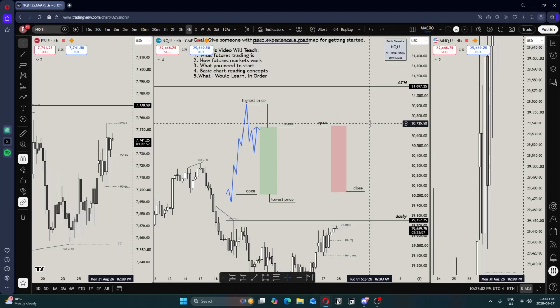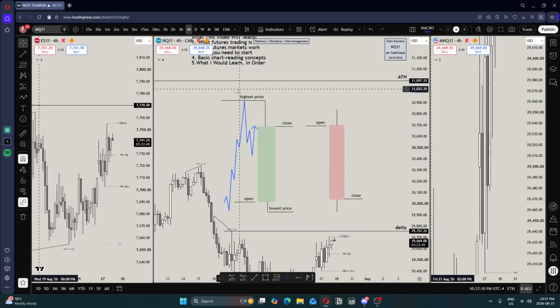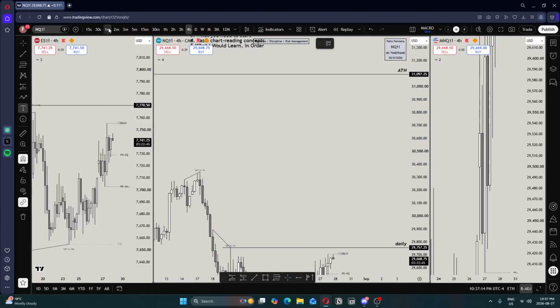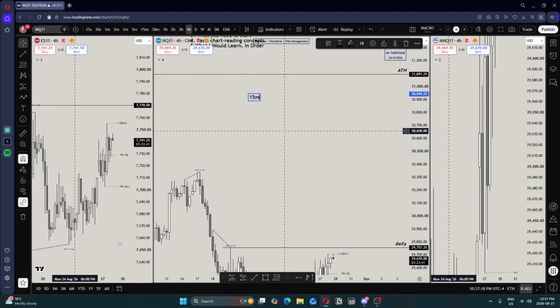In terms of day trading, where you're trading intraday price action, the higher time frames, I'd say, are anything above the 15 minutes. So 15 minute or higher